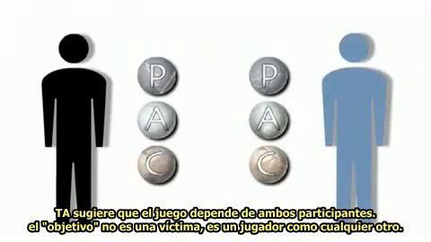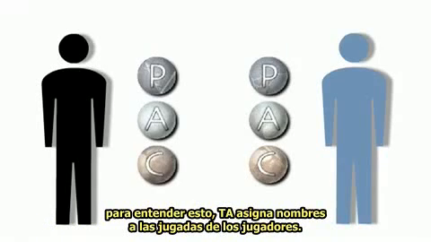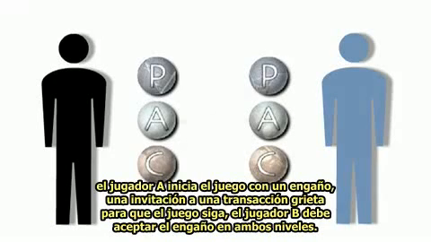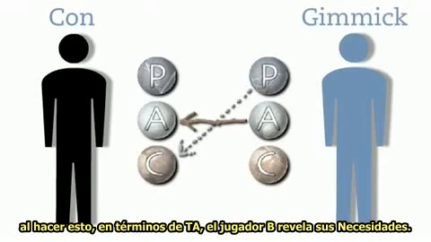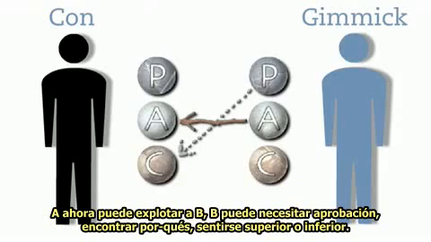TA suggests all parties in games are active participants, and sees the initiator's target not as a powerless victim, but as a very engaged player. To reflect that idea, TA assigns names to the contributions of the respective players. Player A initiates a game with a con, an invitation in the form of a split transaction. For a game to proceed effectively, player B must accept the con on both levels. By doing this, in TA terms, B reveals their gimmick, some kind of need that B has, which A can exploit. It could be a need for approval, or to seem wise or superior, or